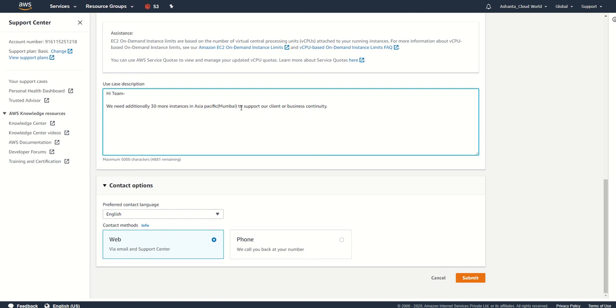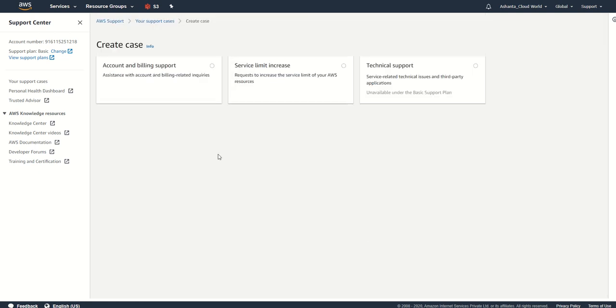Just mention your requirement, that's it, then click on submit. Once you submit this, a ticket will be created automatically in this particular window with a ticket ID. But as of now I don't want to click submit because it's my personal account and I don't require more than 20 instances, so I'm just clicking cancel. Once you raise a request it will appear here.